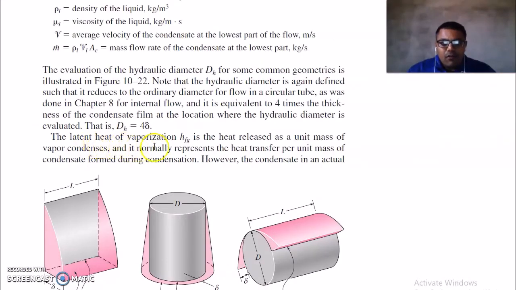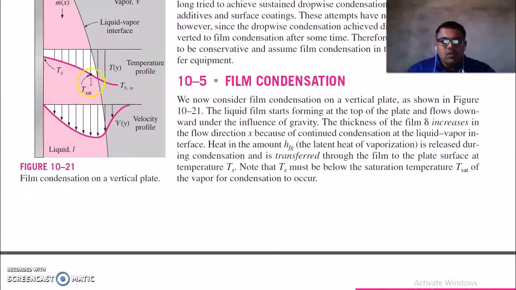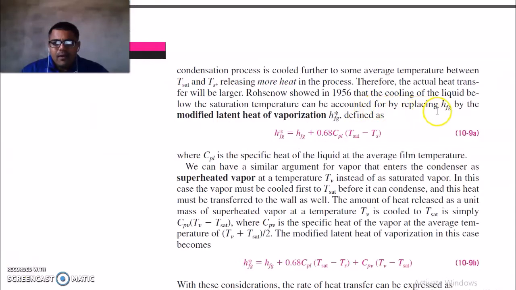The latent heat of vaporization hfg is the heat released as a unit mass of vapor condensed, as it normally represents the heat transfer per unit mass of condensate during condensation. However, the condensate in the actual condensation process is cooled further to some average temperature between T saturation and T surface, releasing more heat in this process. So the condensate has cooled from saturation temperature to surface temperature. So it means this much amount of more heat is transferred to the plate. So we account for this by